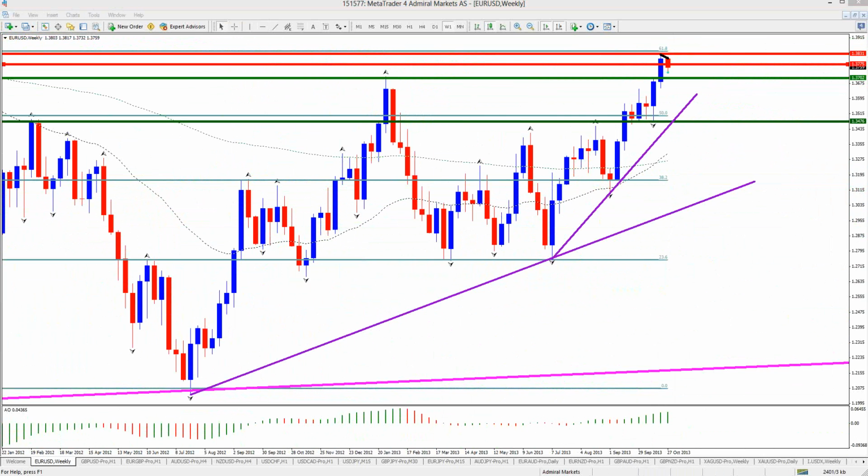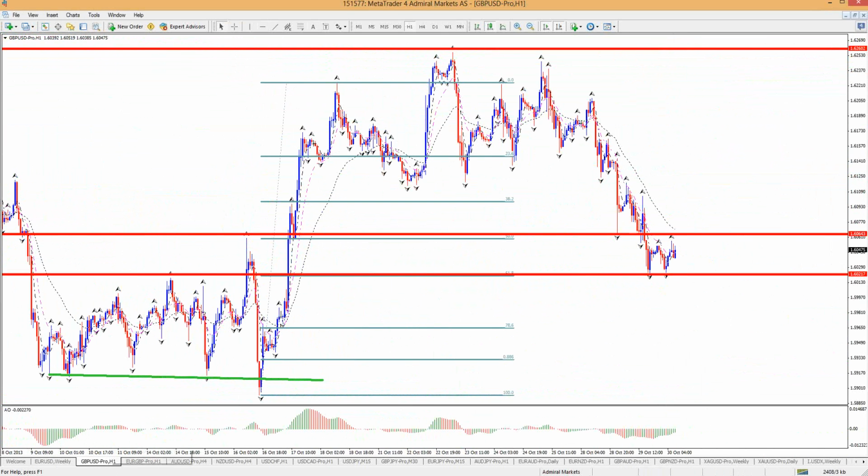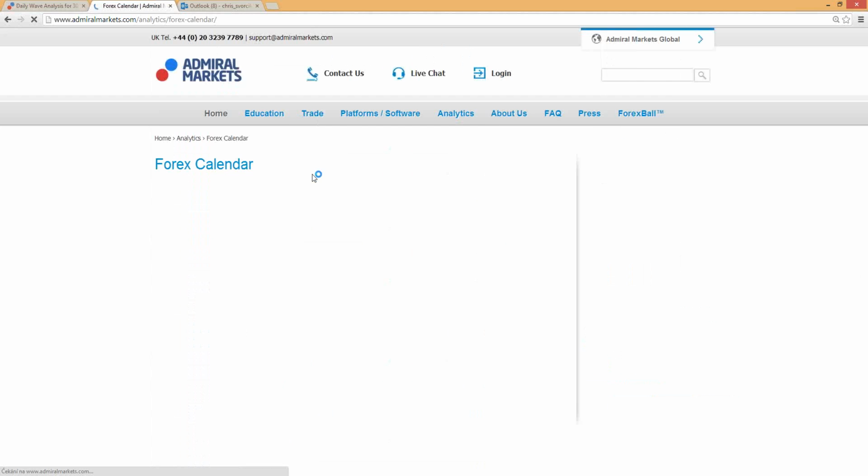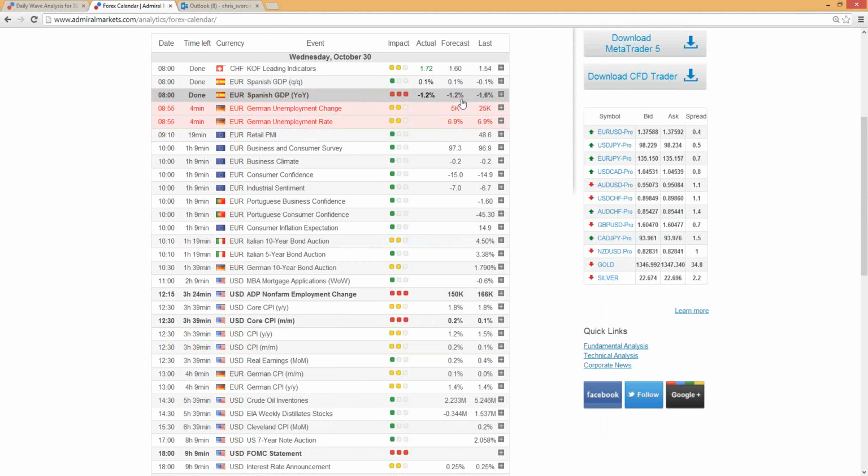What do I think about the pound dollar in lower time frames? Is this consolidation waiting for news? Yeah, we had Euro news, by the way. Maybe it was positive, maybe that's why we saw part of that spike. That's definitely possible. No, it was just as expected. There was Euro Spanish GDP, neutral I would say. And we have German unemployment in 4 minutes.